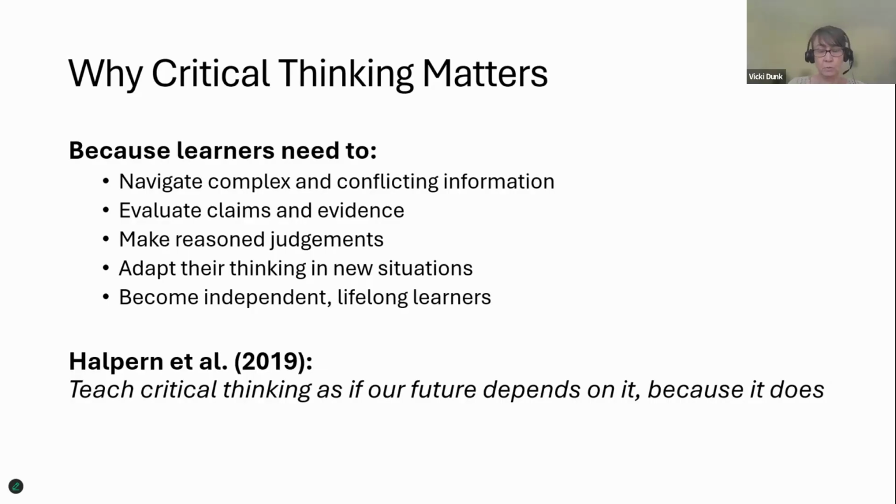So across modules 4 and 5, we've seen how metacognition and self-regulation can support this work. And students need to notice how they're thinking, not just what they're learning. All right, so